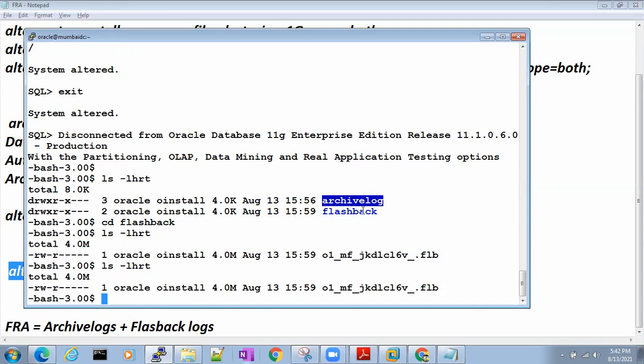But in real time, we don't enable the flashback. Frankly speaking, I'll ask you one question: which client will actually tell you to bring the database back? Nobody will. For example, there is a bank like ICICI.